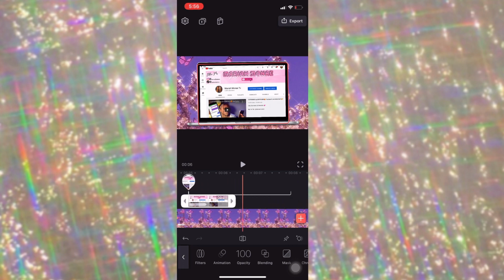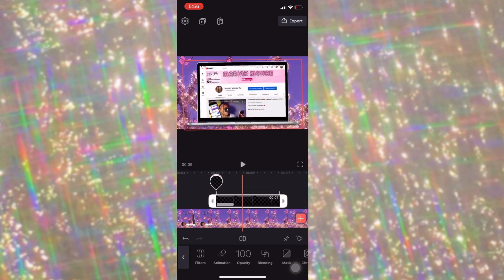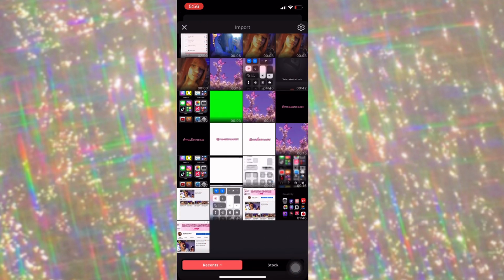And then you're going to have to keep switching back and forth to PixArt to make that fit. You're just going to have to keep cropping it. I had to do it like 16 times. But once you get it in there, you want to make sure everything is the same length. And make sure everything ends and starts at the same time. Once you do,